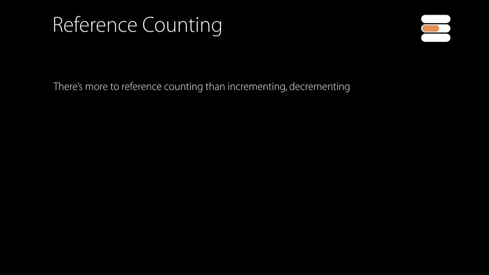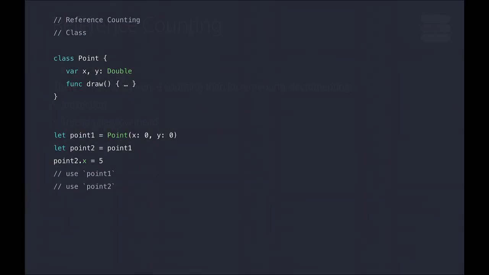The key thing to keep in mind with reference counting is this is a really frequent operation, and there's actually more to it than just incrementing and decrementing an integer. First, there's a couple levels of indirection involved to just go and execute the increment and decrement. But more importantly, just like with heap allocation, there's thread safety to take into consideration. Because references can be added or removed to any heap instance on multiple threads at the same time, we actually have to atomically increment and decrement the reference count. And because of the frequency of reference counting operations, this cost can add up.